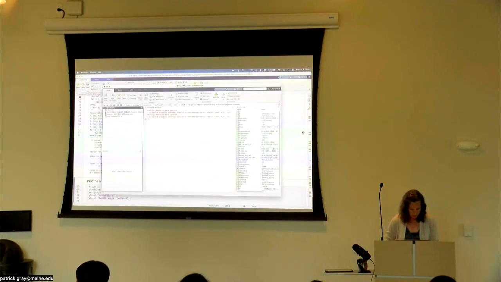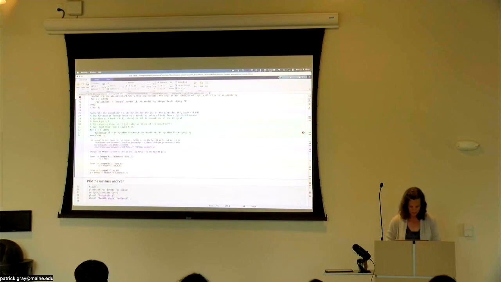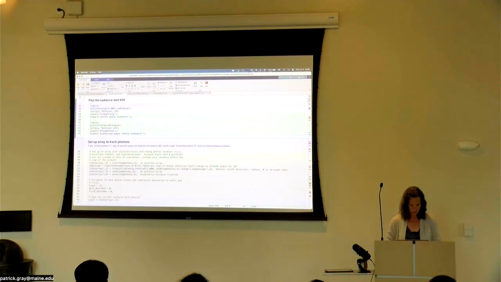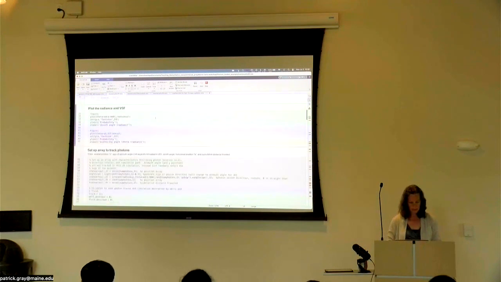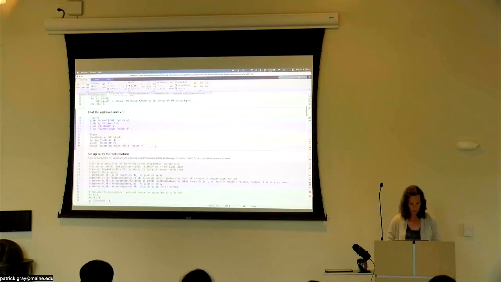I got to change folders. You guys should also do this if you haven't. You should be in the photon speaker folder. There we go. All right. And so you can see this takes a little bit to run. And then I'm just going to plot up those